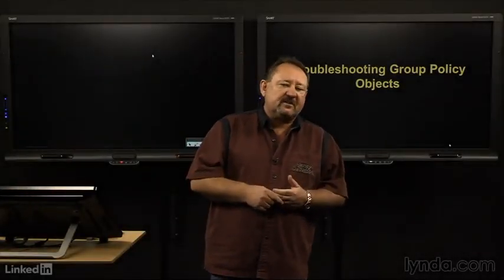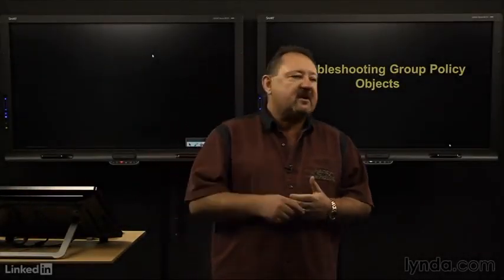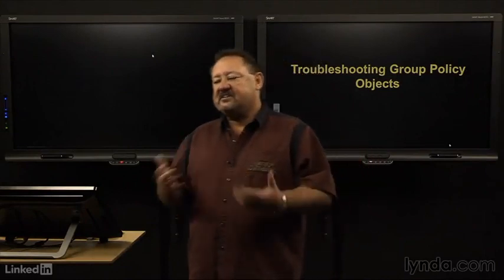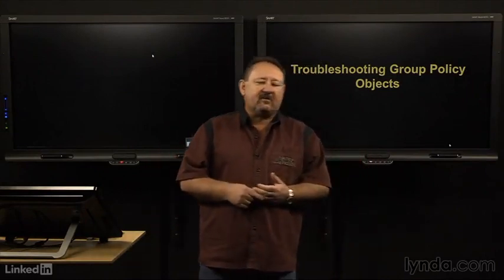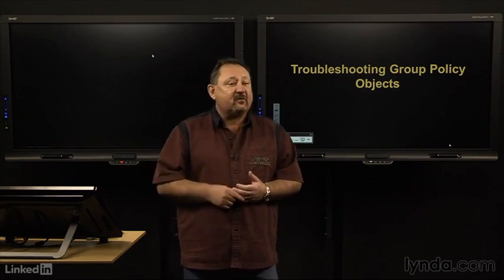So your group policy infrastructure has been deployed. It's been a couple weeks, right? And everything seems to be working correctly. Replication seems to be working correctly. But all of a sudden you get a phone call from a manager who says, hey, I've got this user